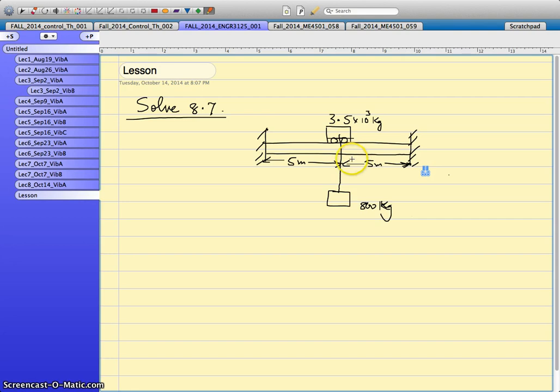That girder length is 10 meters, and the trolley has a mass of 3.5 tons, or 3.5 times 10 to the power 3 kilograms, at its midpoint, and it lifts a load of 800 kilograms through the steel wire of cross section area